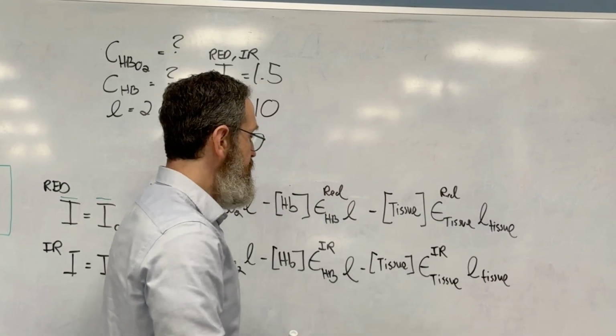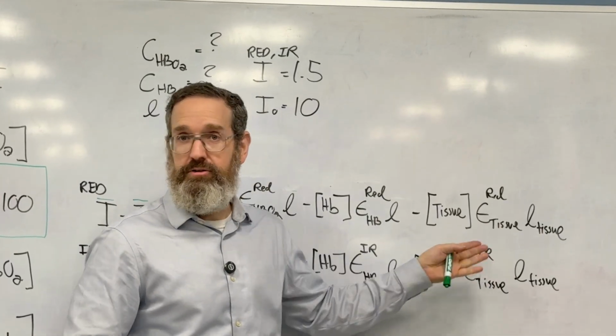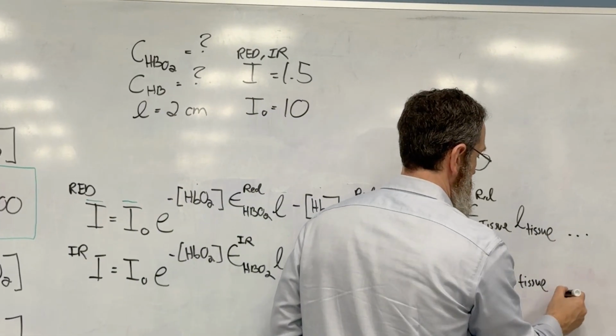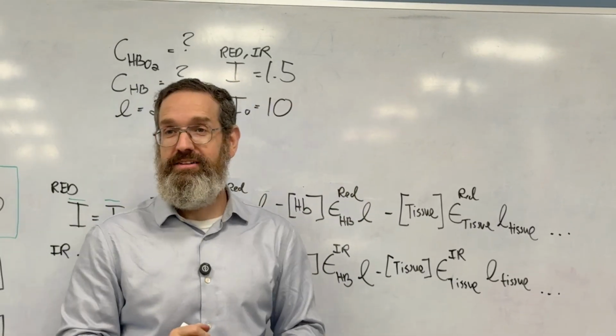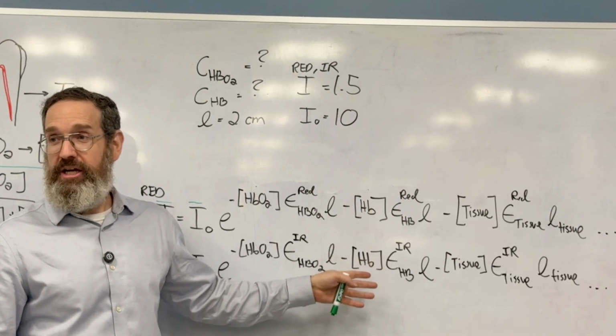Now, you have to imagine that this is the sum. It's like a sum of all the tissues, one after the other. So all of a sudden, we no longer have two equations and two unknowns. You have two equations and